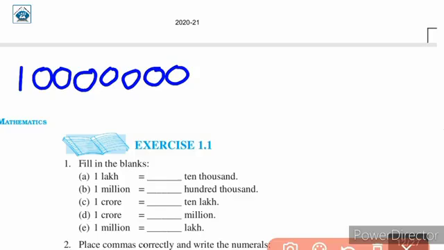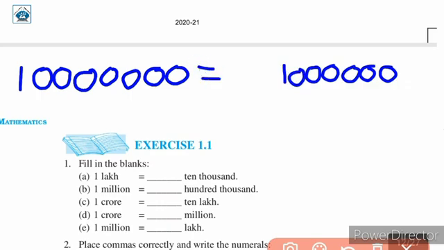Next we need to write 10 lakh. So here it will be ones, tens, 100, 1000, 10,000, lakh and 10 lakh. So 1 followed by 6 zeros. Again here there are 7 zeros, and here there are 6 zeros. So very simple, we will multiply this with 10. So 1 crore is equal to 10 lakh. That is, in 1 crore, how many 10 lakhs will we get? We will get 10 lakhs.